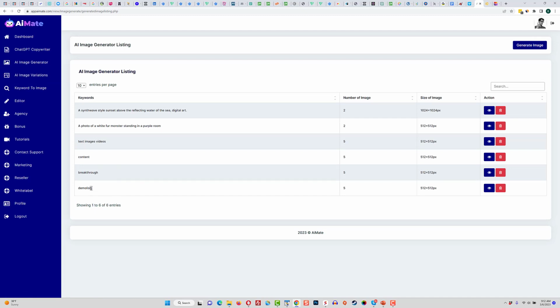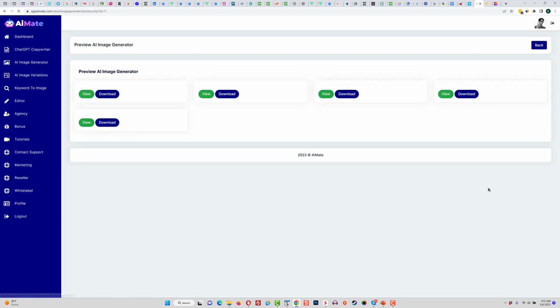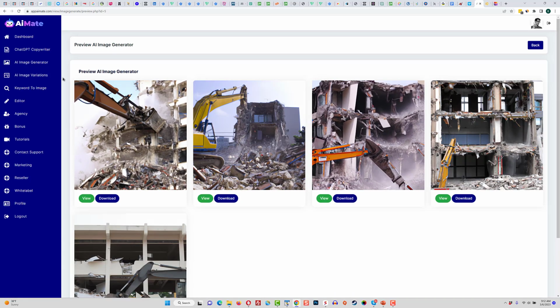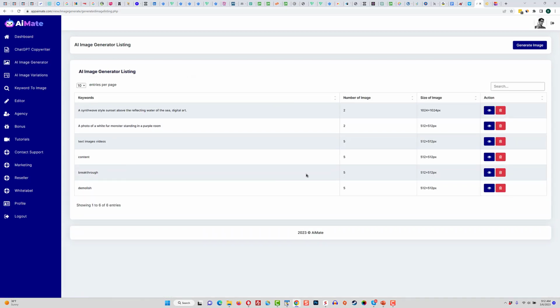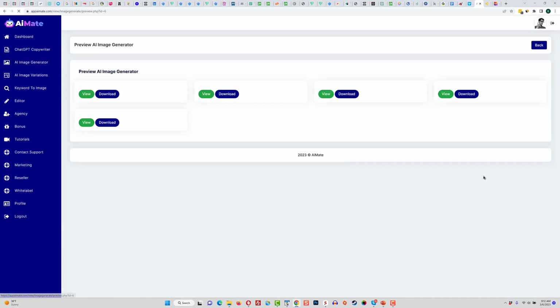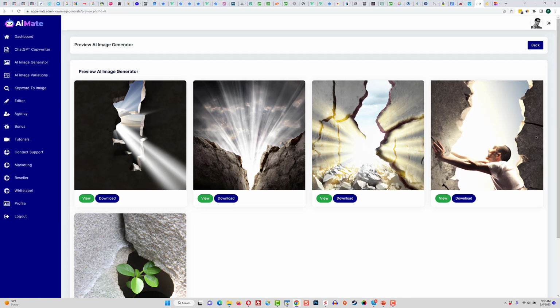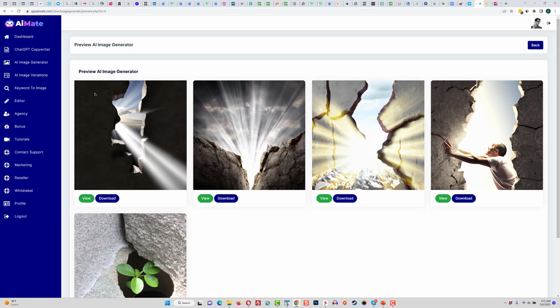Okay, demolish. Okay, this was one that I did because I was looking for a picture actually for the slides, so I could do that. Okay, here's some demolishing pictures. Then I decided, you know what? I don't actually really want that. What I really want is breakthrough, right? So I did that, and look, boom. And if you notice, if you haven't seen it yet, this one is on the slides. That's an actual image it created for me.